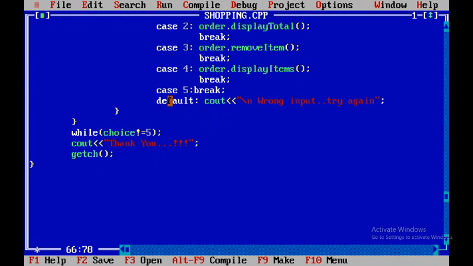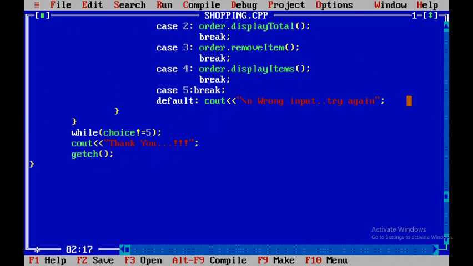And for option 5, simply break is written, because if the user wants to exit, there is nothing to do, so simply break. And if by mistake the user has given some other number not between 1 to 5, the response will be wrong input, try again, that means the user has to give the proper input. So here is the end of the switch case.